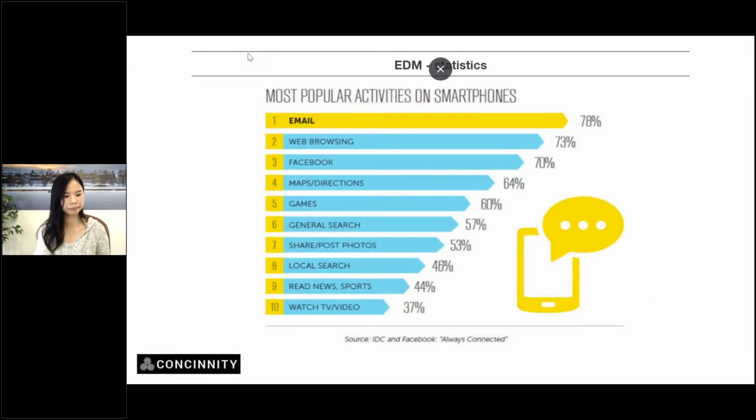Now, the most popular activity on smartphones, and I'm sure some of you might be surprised looking at this, is email. But this is in general, right? We're talking about global, not only Hong Kong. And yes, people do play video games, they do browse, they go on Facebook, but even after that, email on mobile is extremely popular because that's what most people do when they're traveling to work, from work, over the weekend, whether it's personal emails.